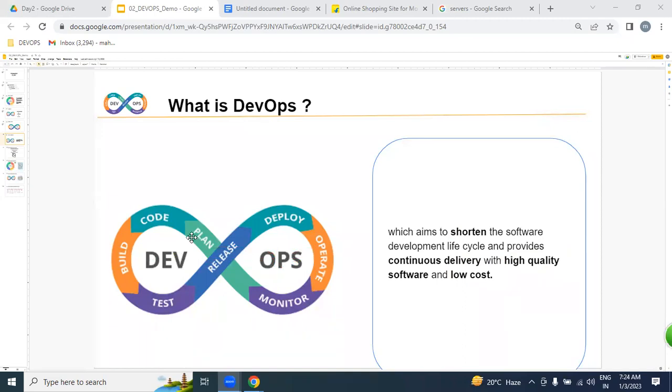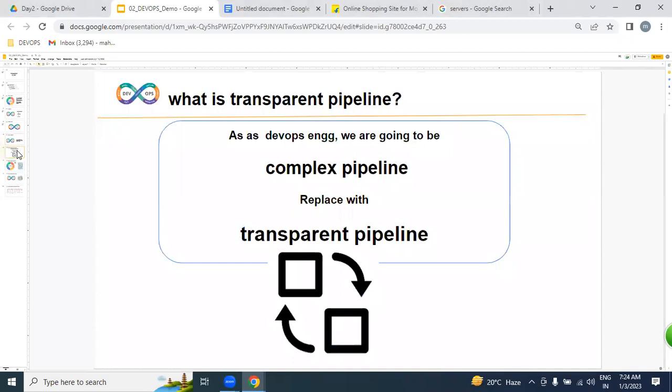DevOps is a process. We implement an automated process from the dev environment to the production environment, delivering within the shortest time, with high quality, with low cost.